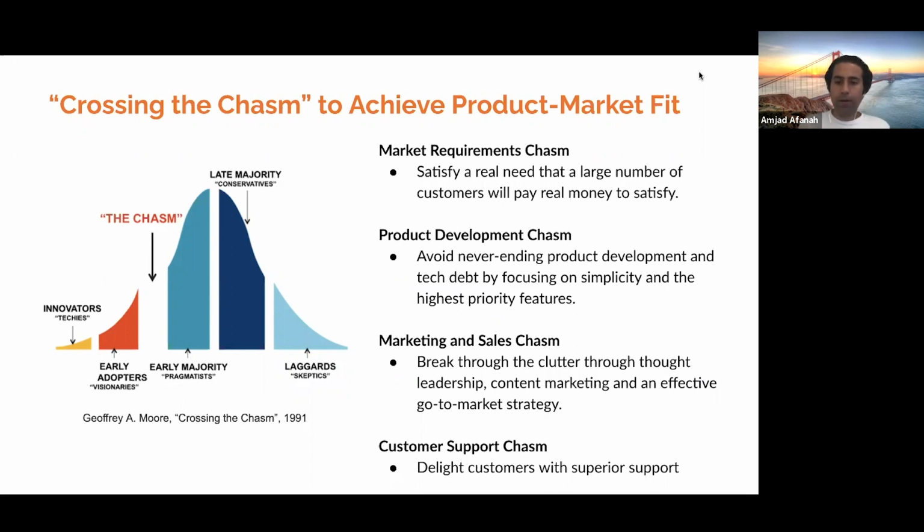And then on the marketing and sales front, you need to break through the clutter. Most early stage startups unfortunately spend a lot of money in this area, and you need to think of more creative ways. If you don't have the actual funds to spend in these areas, you need to focus on bootstrapping,